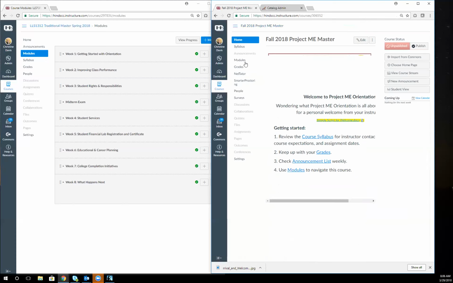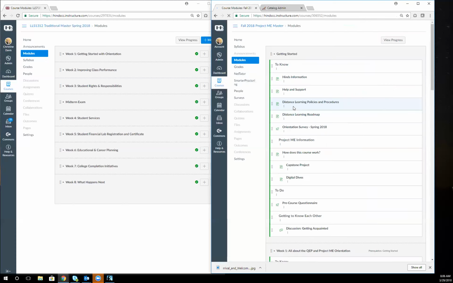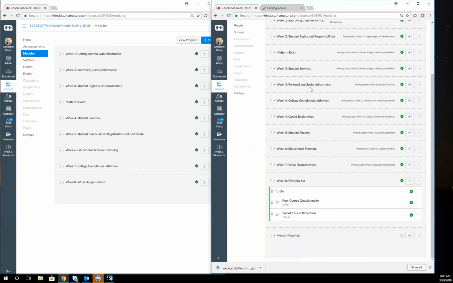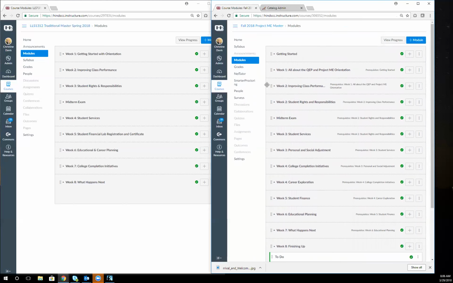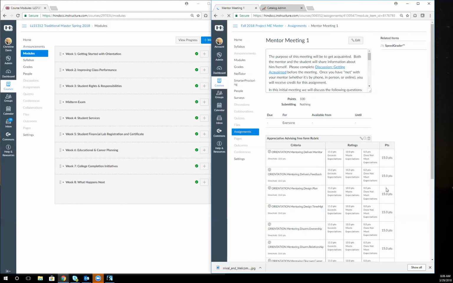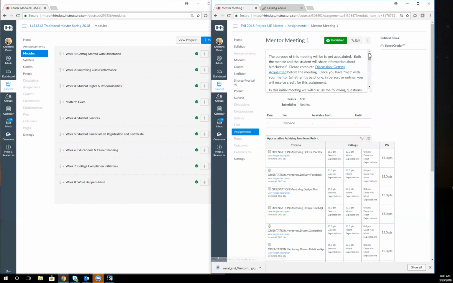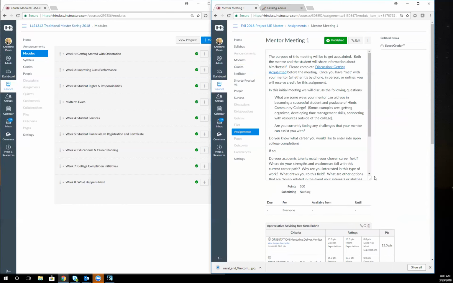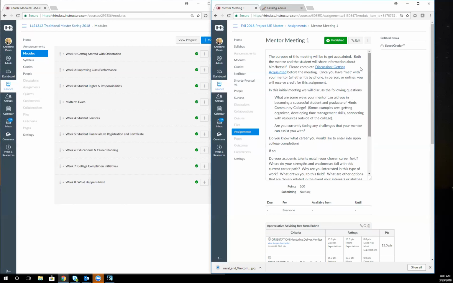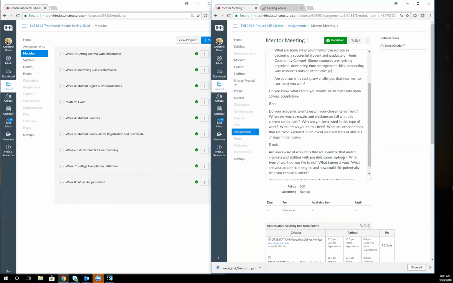So the other thing that I want to show you real quick is that currently there are 2 mentor meetings built into this course, which you'll get to talk about that a little bit more later. But on the mentor meetings, there is, in this text box up here, you can actually see the questions that you'll want to go over with your students. These are based on the appreciative advising steps. Stephanie Hudson made these, so these are very specific, and these are the questions that really need to be asked